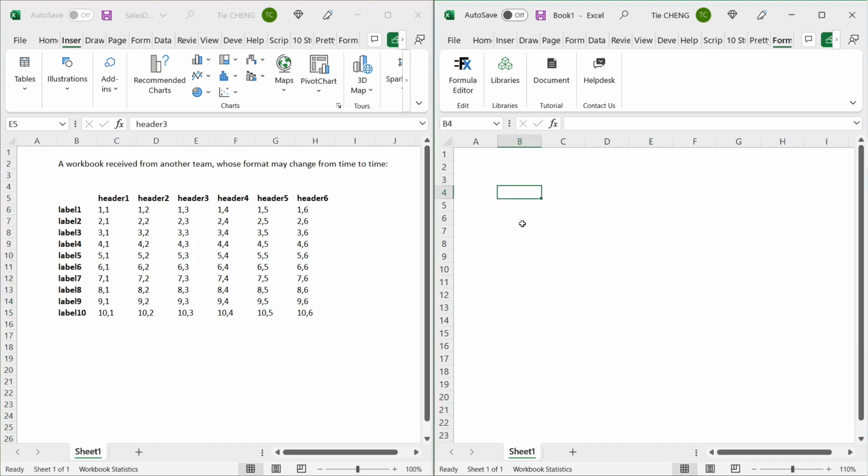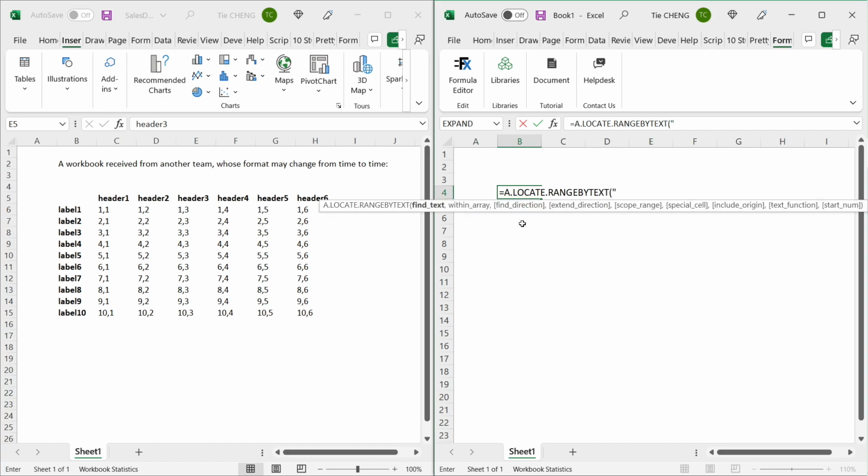So you could write in your workbook equals A.LOCATE.RANGE_BY_TEXT("header 3", "sales data.xlsx", "Sheet1", "A1:I10"), where sales data is the name of the workbook they send to you, and A1 to I10 is the range where header 3 must appear.